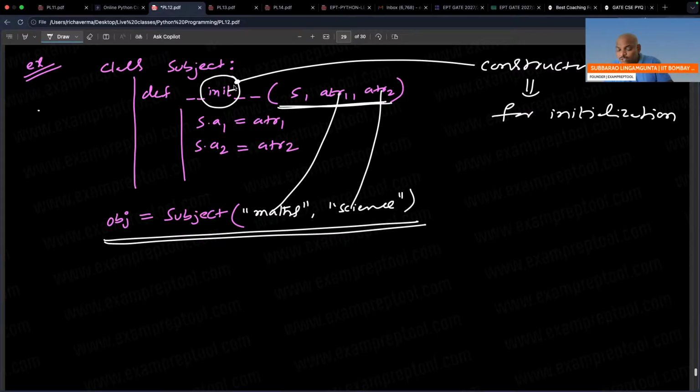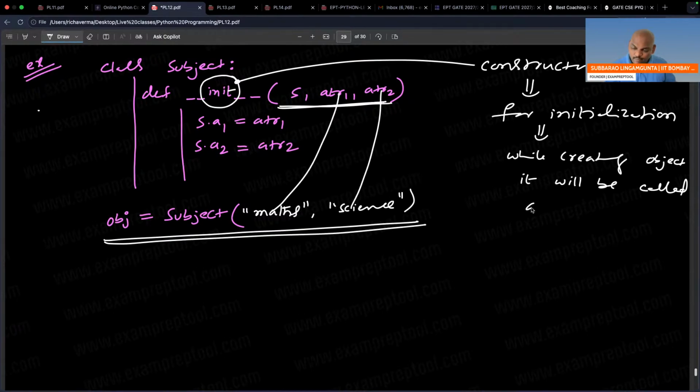At the time of creating the object itself, the init function will be called automatically. No need to call explicitly. When it is a constructor, for initialization purpose, while creating the object, it is called automatically.